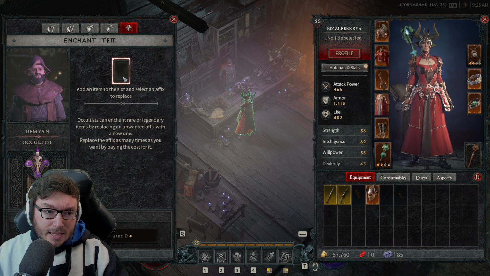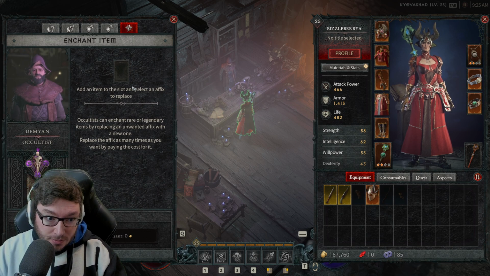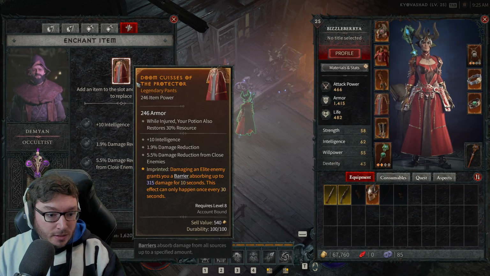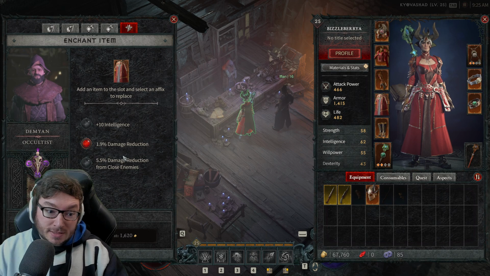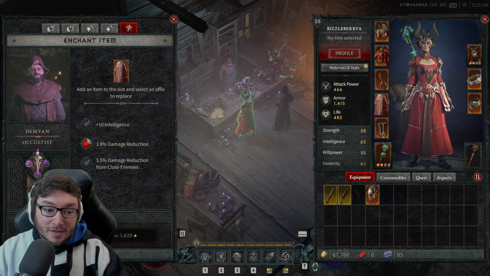But there is another piece of information here that we can use in order to figure out what's happening in late game. So we have actual enchanting, so we can replace an affix on an item. So if I put my legendary chest piece in here, we will be able to choose one of these stats to then replace. So say for example, I don't want the damage reduction, and I know on a chest piece, for example, we can get percentage damage, and I really need more damage in my build. Let's just re-roll that affix,